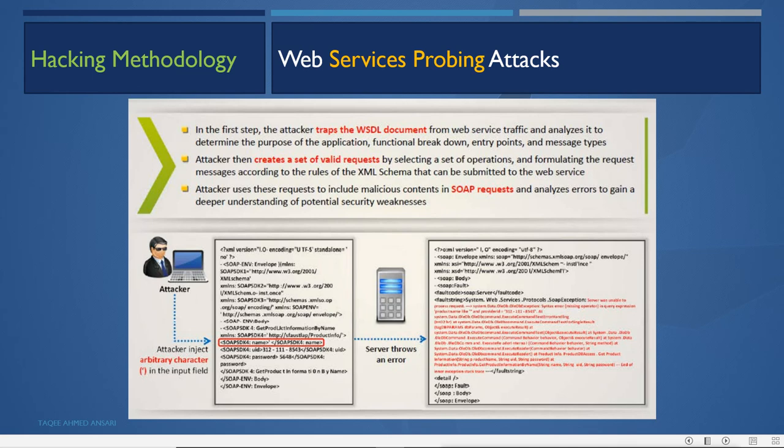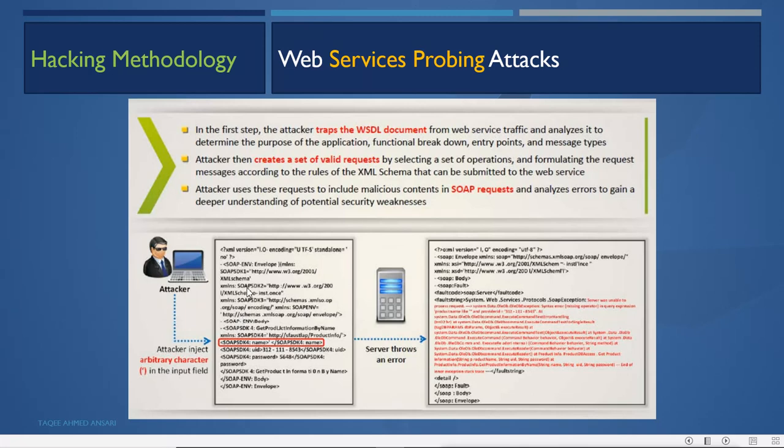The attacker uses these requests to include malicious contents in the SOAP request and analyzes errors to gain a deeper understanding of potential security weaknesses. So the attacker tries to probe the web services by sending malicious codes or malicious queries.